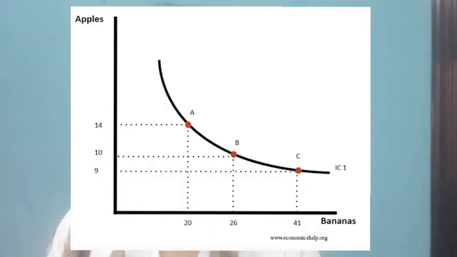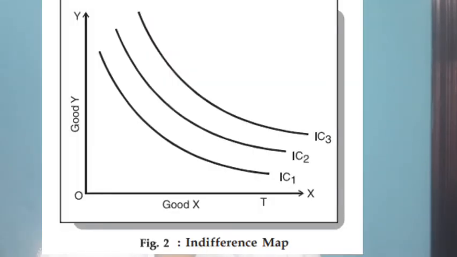Then what about indifference curve? Indifference curve is the locus of points representing bundles of two goods which provide equal satisfaction to the consumer. Indifference map is a set of indifference curves in which a higher indifference curve represents a higher level of satisfaction. To determine consumer equilibrium, both price line and indifference map are combined together. So let us understand consumer equilibrium by using ordinal analysis, or by indifference curve.